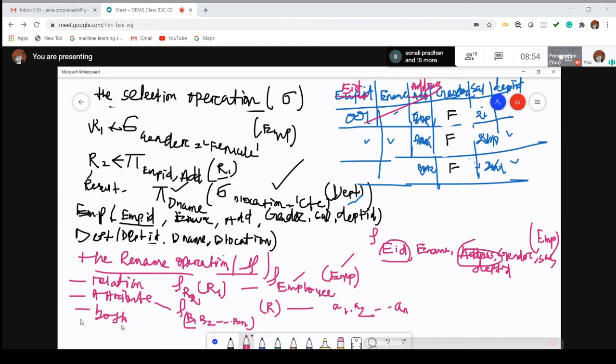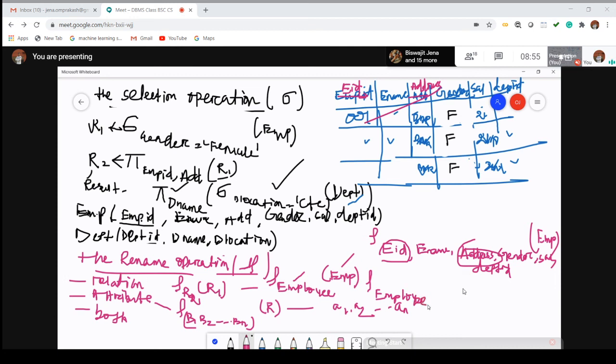And the last one is if you rename both, either the relation or the attributes. How to write it? You can write like this: rename. Which value is to be renamed? EMP is to be renamed as employee.